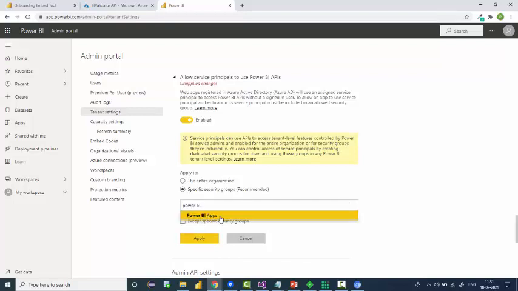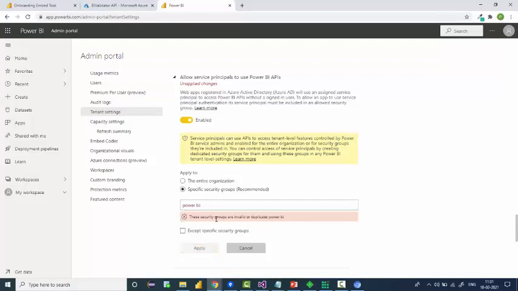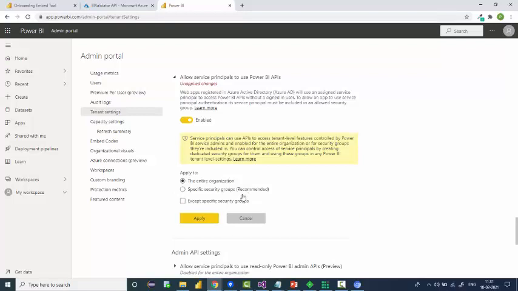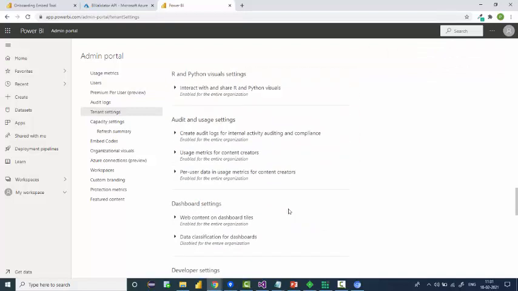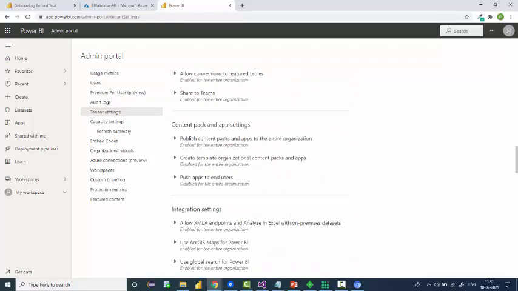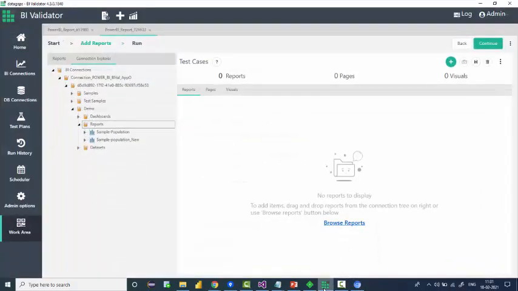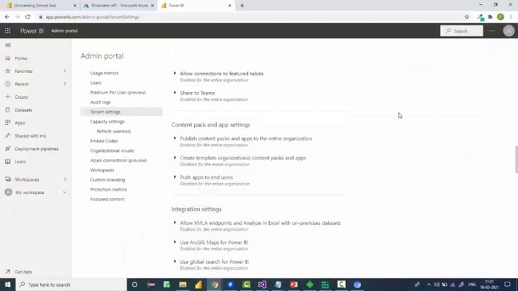I have created Power BI apps, so I am not using that right now. So I'll go with the entire organization and click on apply. Only after doing this will you be able to access workspaces for the application owned scenario. This is the one main thing we have to do. Now we are done with the service principal part also. Now let's move on to